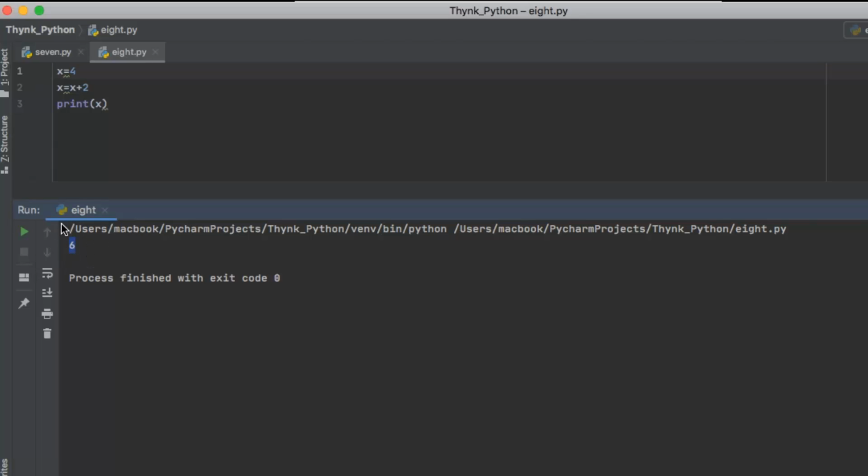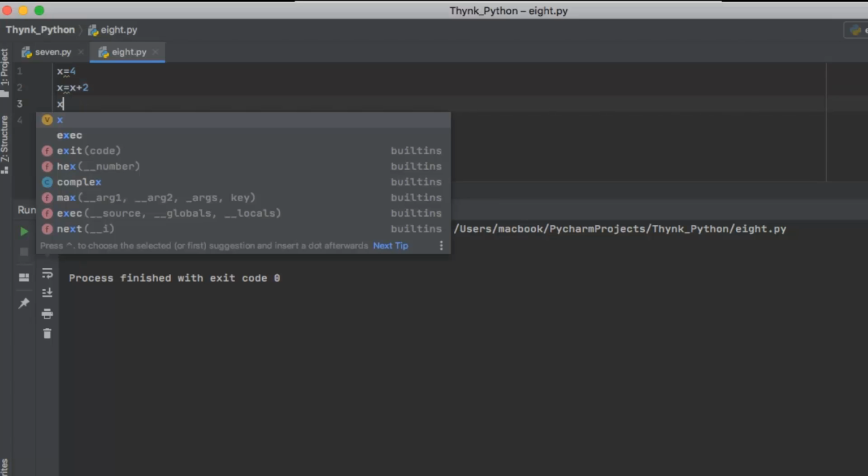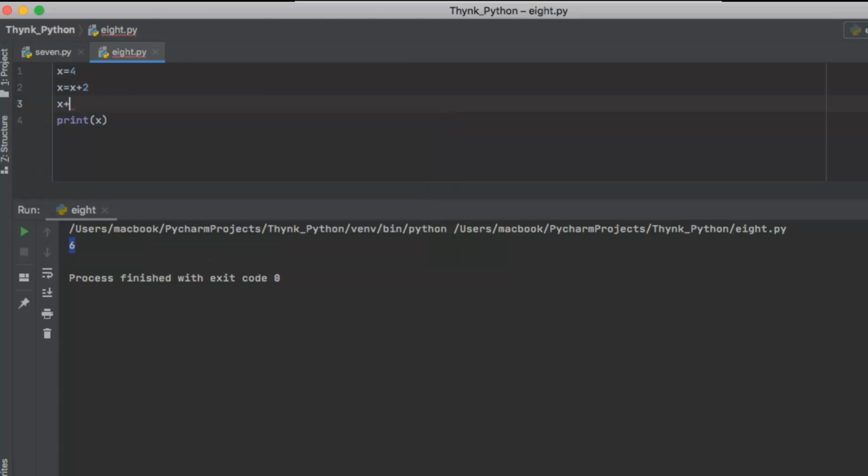Now what I want to tell you by doing this is you can use a shortcut which is known as the augmented assignment operator. How do we do it? As I've written here x equal to x plus 2, I can also write as x plus equal to, right? Now for a moment I'll delete this.